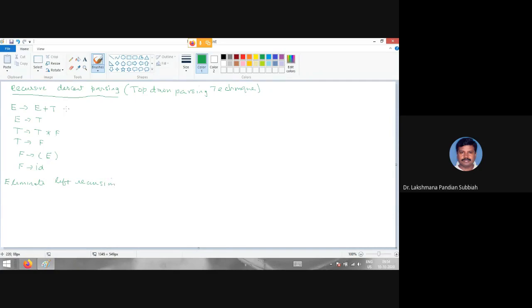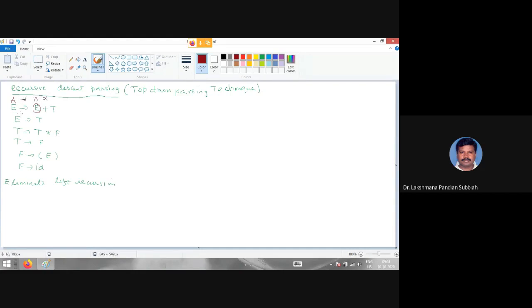Right. So in that case, we are having left recursion for non-terminals E and T. Left recursion means the same non-terminal appears in the right hand side leftmost. Then this is called left recursion. Now you take that as A alpha.